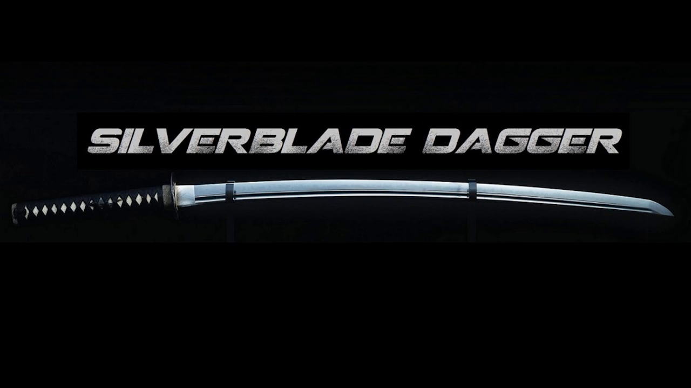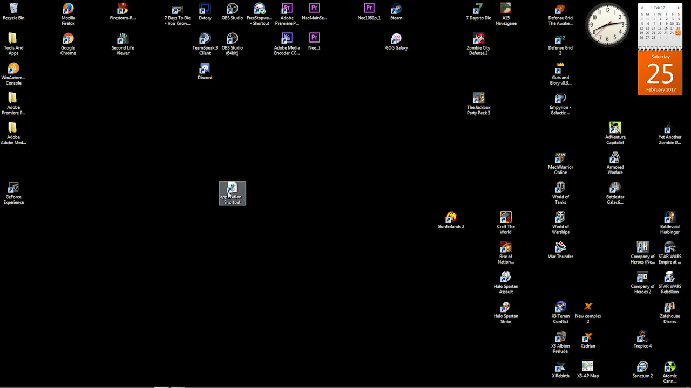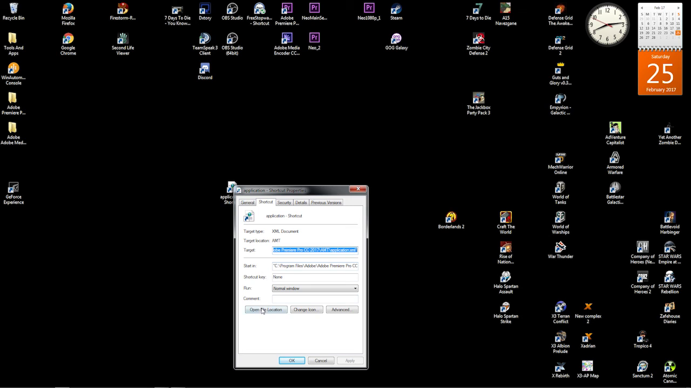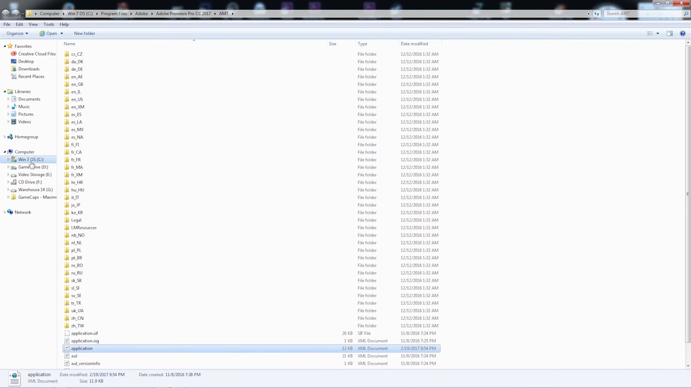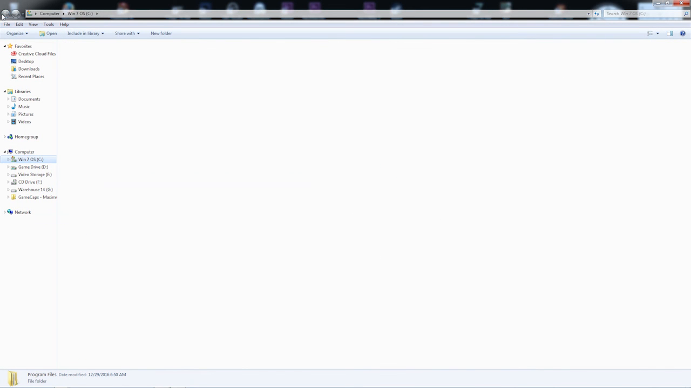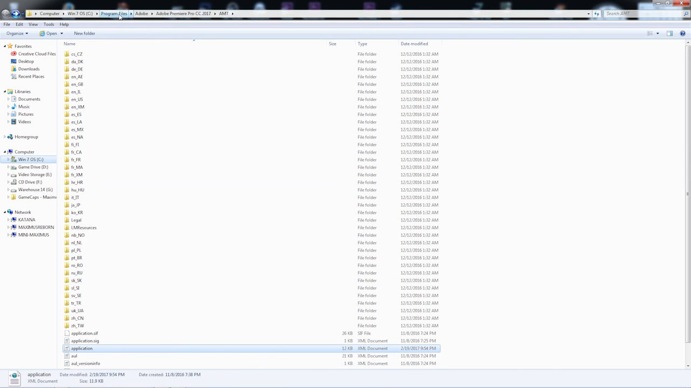All right, so I have here this shortcut. Let me get back to the main monitor screen here. Sorry about that. I sometimes forget what I'm doing. All right, so I have this application shortcut, right? So I'm just going to go to Properties and Open File Location. So, installed on my Windows 7, in Program Files,